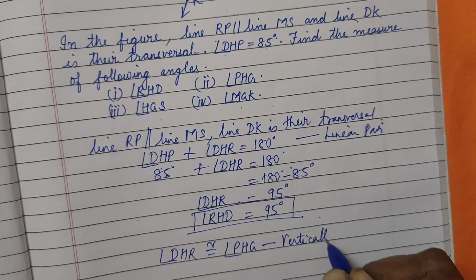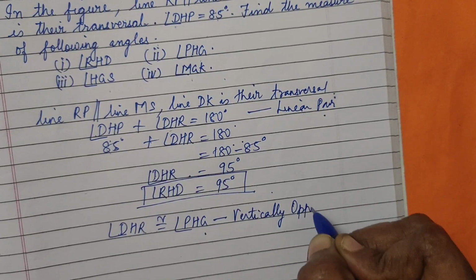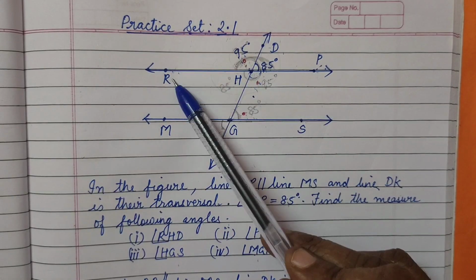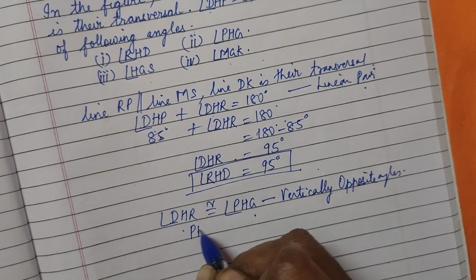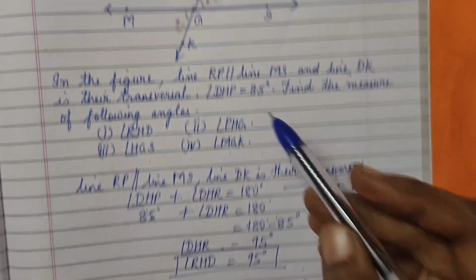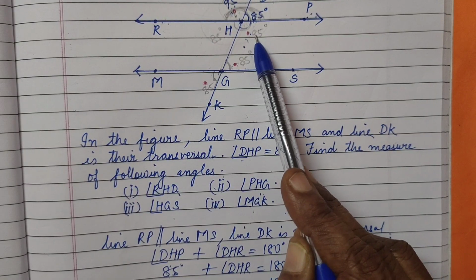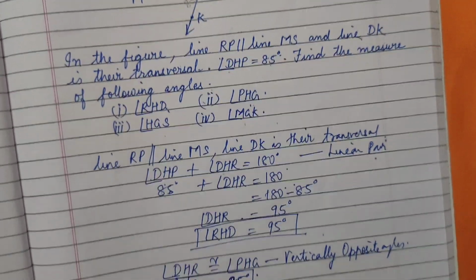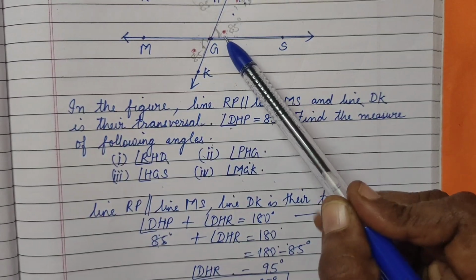Always write the reasons why we are calling it congruent. See, why we say 180 degrees, we have to state it like this. Vertically opposite angles. Now after writing this, DHR is given, what do we need? We need PHG. So PHG equals, you can directly write it, PHG equals 85 degrees. That's it. So we found the second answer too. Now where do we have to go? We have to find this one. Sorry, PHG is how much dear? 95 degrees, sorry. Okay, this is 95, so this is also 95 degrees. That is done. Now we have to find out this one.